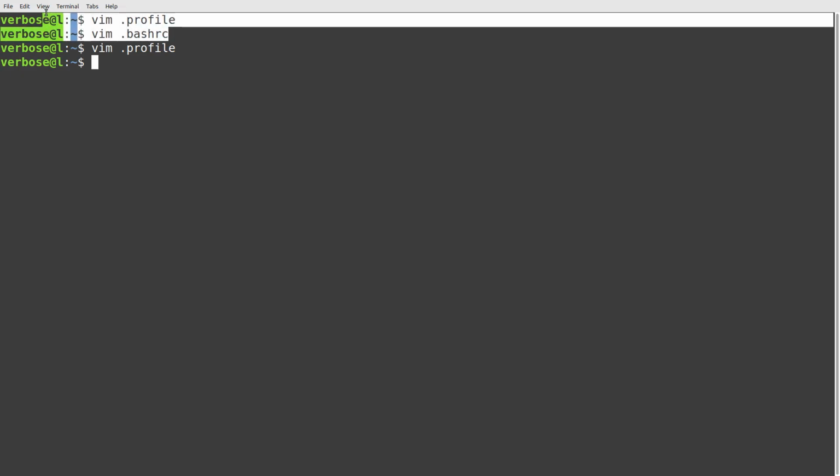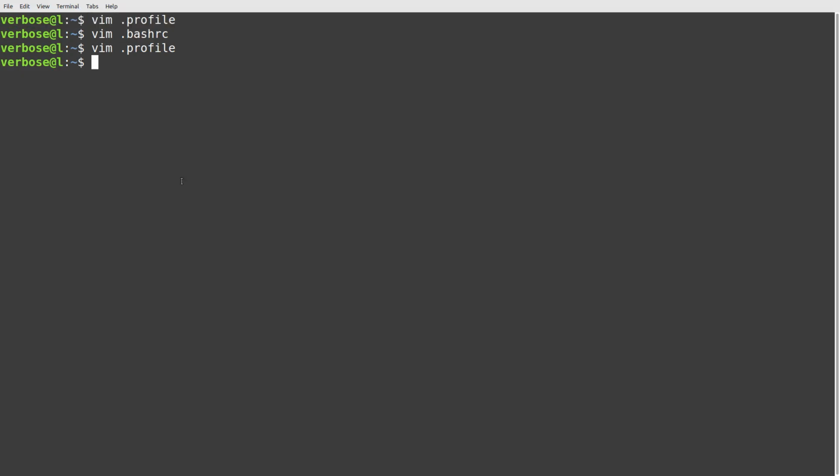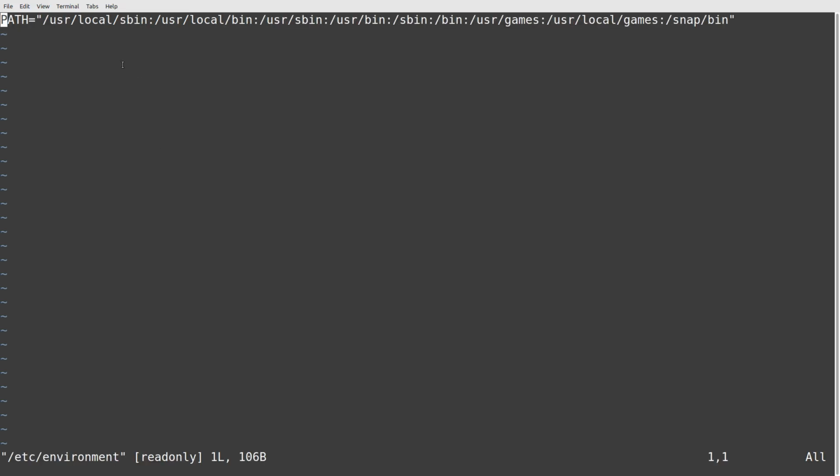So .profile and bashrc are the user configuration files for setting your environment and for running commands, which is typically what you want to do specifically as a user. But what if you want to set that on a system-wide level for all users? Then what you're going to do instead is, there's two places to do that. The first one I'm going to show you is to set the environment variables, and that would be done in /etc/environment. And you can see this is where that special environment variable that everybody has, called PATH,